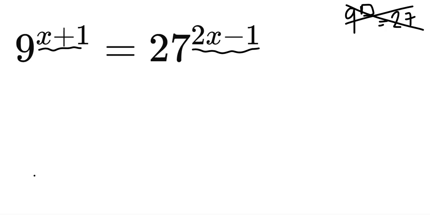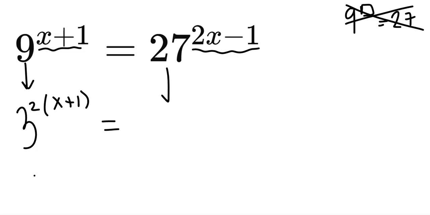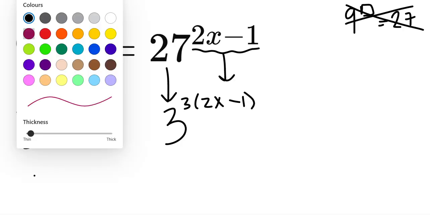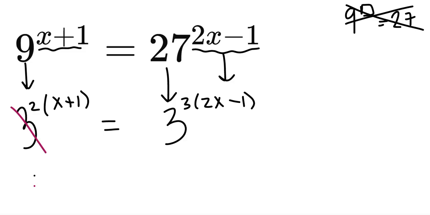We need 3. Instead of 9, we can write 3 squared. Do not forget to copy the exponent. Instead of 27, we will write 3 cubed. Do not forget to copy the exponent. Excellent. Now that we have the same base on the left side and on the right side, we just say that